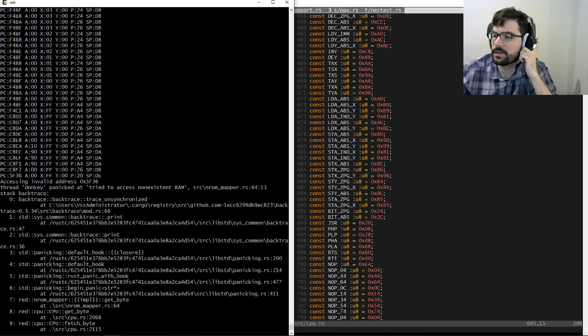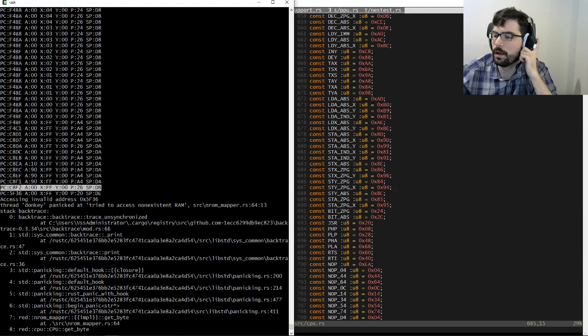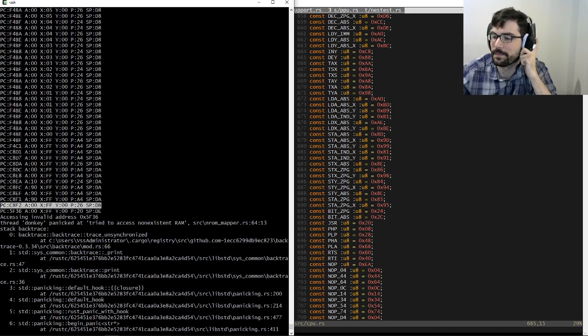Accessing invalid address. Oh, see, this is why you can't do that. This is the program counter. It's trying to fetch from RAM that doesn't exist because the program counter has gone bananas.